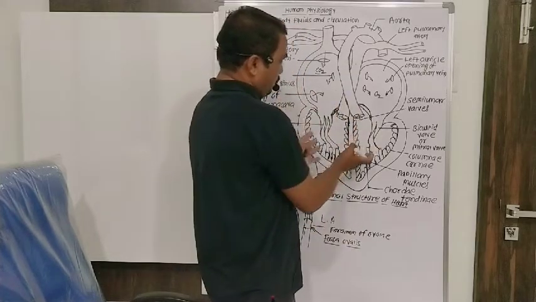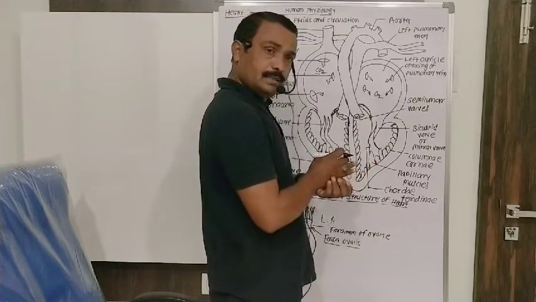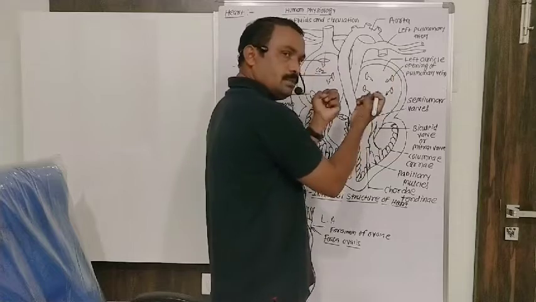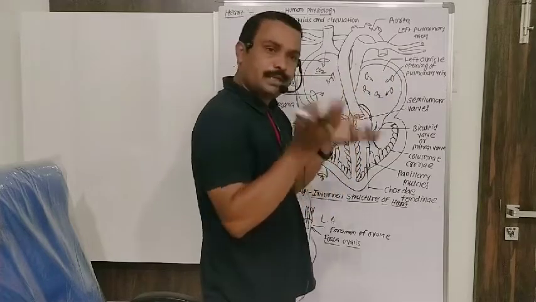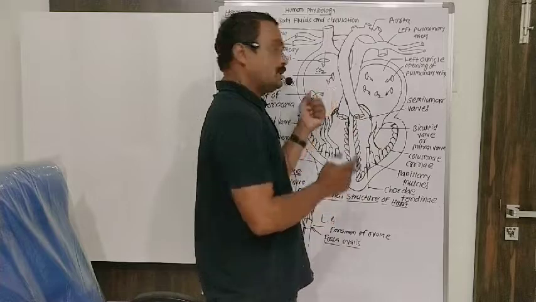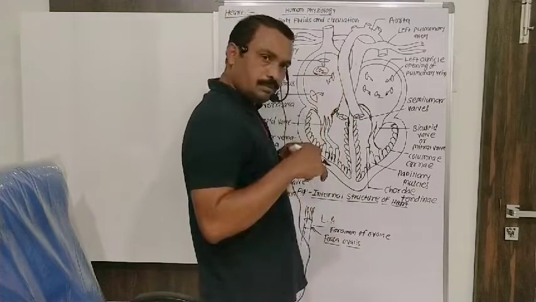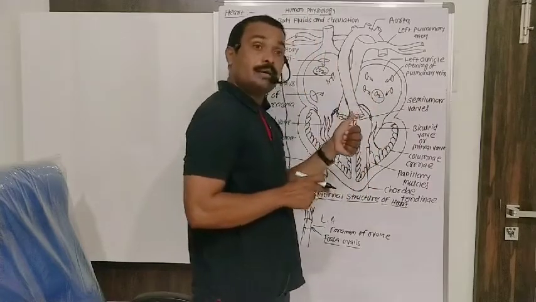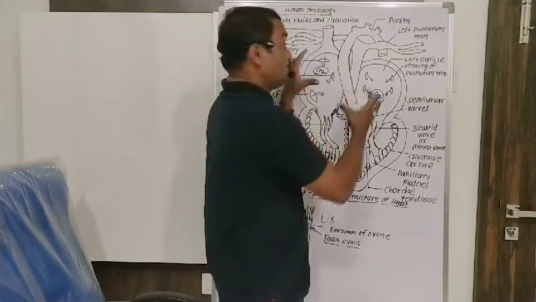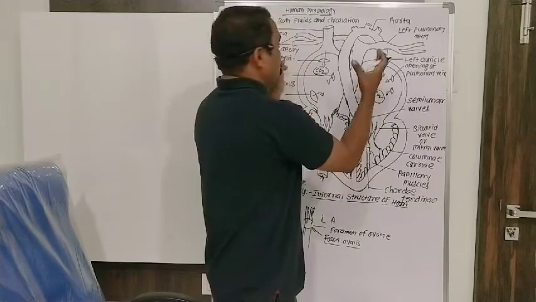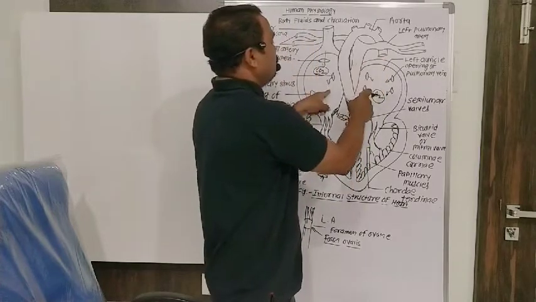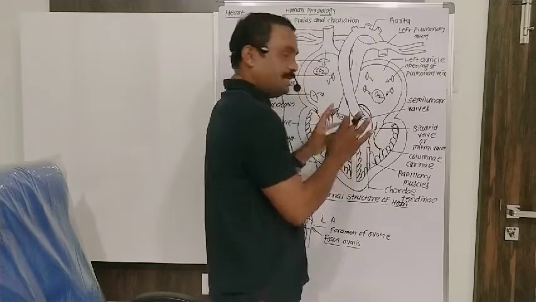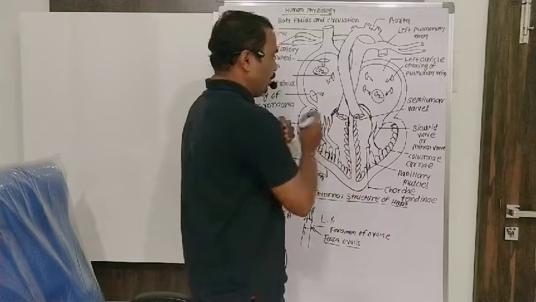Now next one is, posteriorly there are 2 chambers, the ventricles, and anteriorly 2 chambers, the auricles. Auricles are receiving chambers, meaning they receive blood from various parts of the body. The right auricle receives deoxygenated blood from all parts of the body, and the left auricle receives oxygenated blood from the lungs via pulmonary veins. That's why auricles are receiving chambers. The blood received from all parts of the body gets pumped into the respective chambers present below the auricles, which are called ventricles.